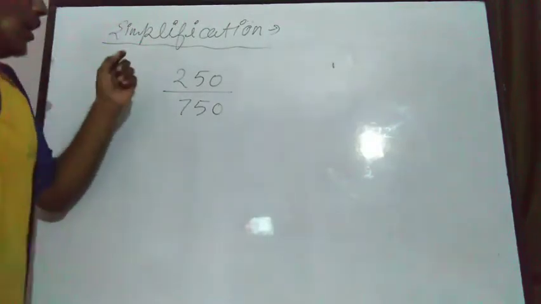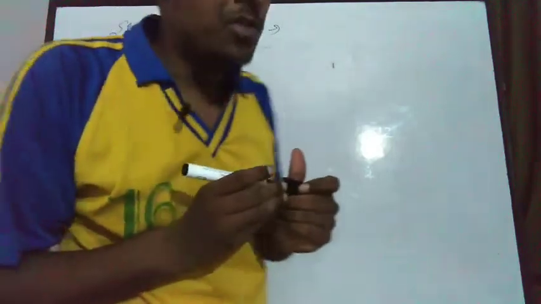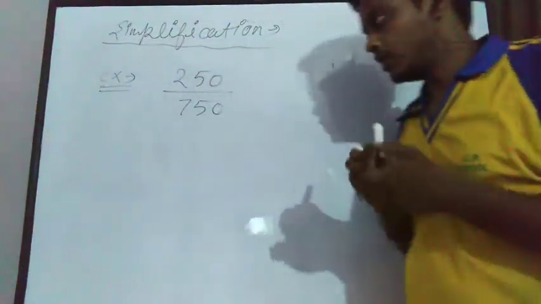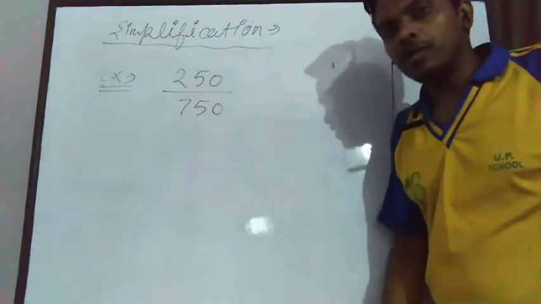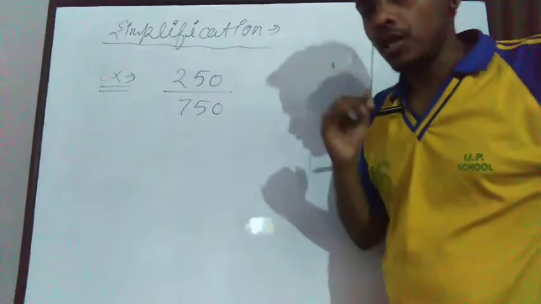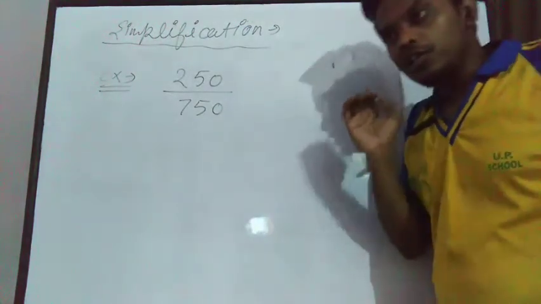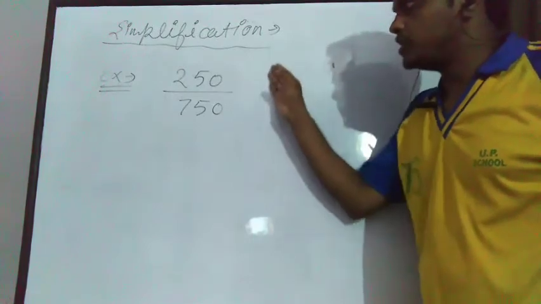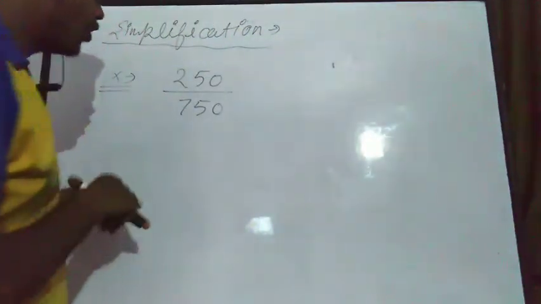So first of all, here we use the divisibility tests. As I have told you, those numbers which are divisible by 2, 3, 4, 5 all have conditions, so we have to check for that. This is the easiest method to solve these kinds of questions. So let's see how we can do that.